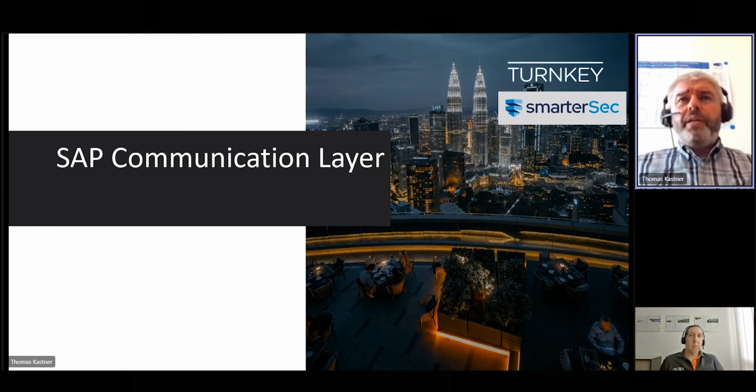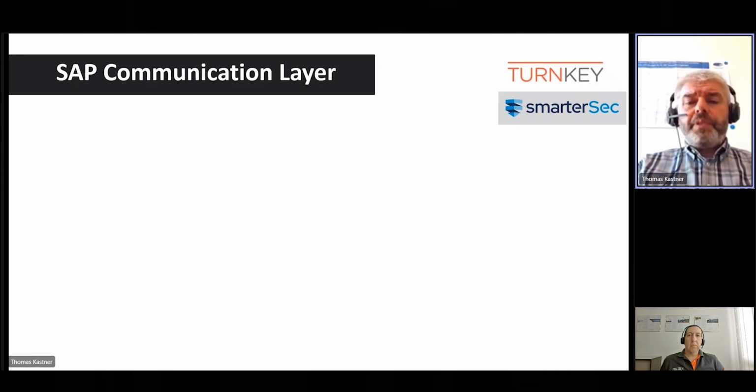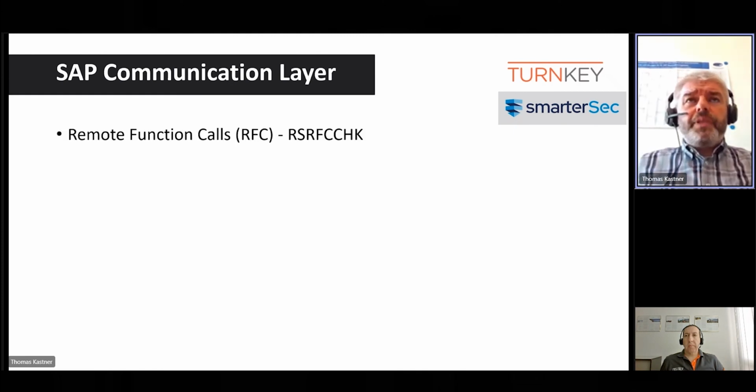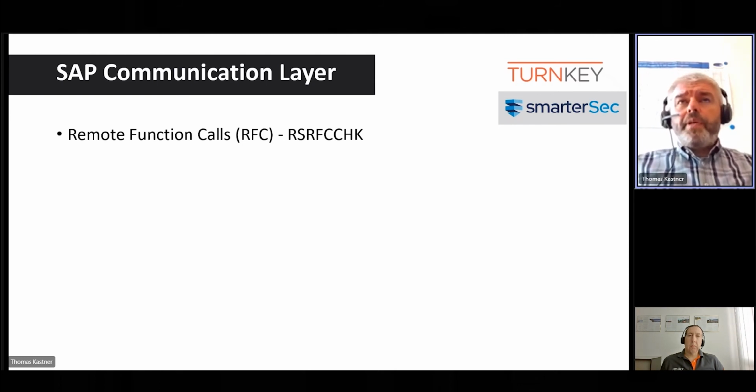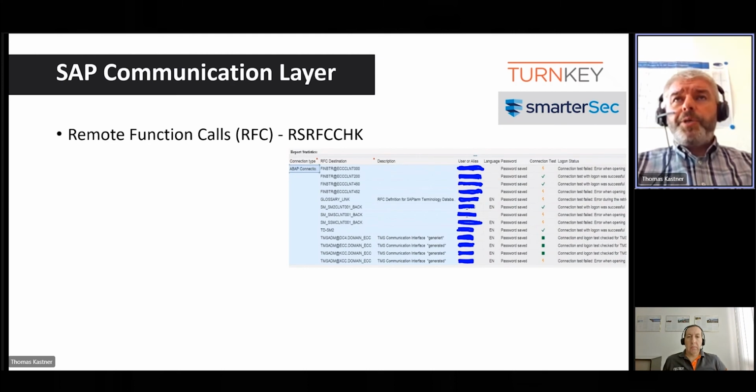The second big thing is the SAP communication layer. And there we usually start with the RFC. You can do your own check. There's a program RFC CHK, which gives you quite a substance in what to look after when it comes to RFC connections.